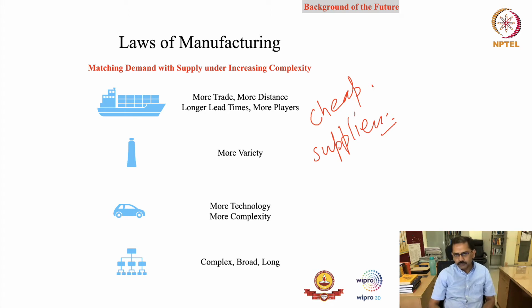So the lead times have gone up, right? So the complexity of managing supply chains has gone up, right? More and more variety. So I think we are still not talking about mass personalization, but if I think of variety, I can actually say that even for a toothpaste, you may have multiple variants available, right? So the complexity of the product is actually increasing because in fact you want to personalize the product, right?